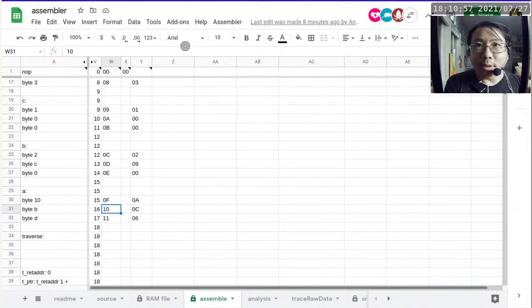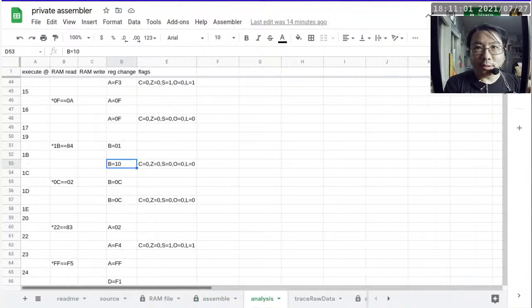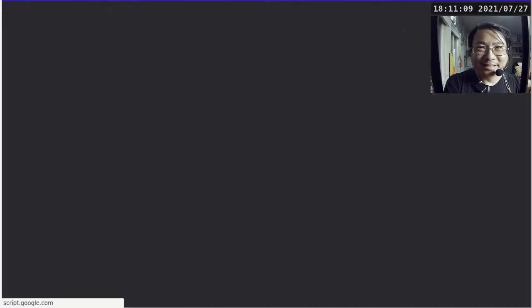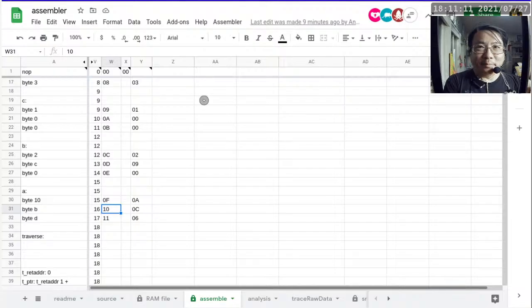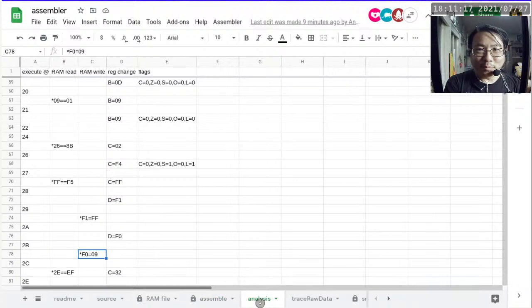Okay. So I am confusing myself big time, because this is actually the wrong trace. This is the wrong trace because it says private assembler. Okay, another user operator error here. I have been looking at the wrong analysis. It is supposed to be this one. Okay. All right, so